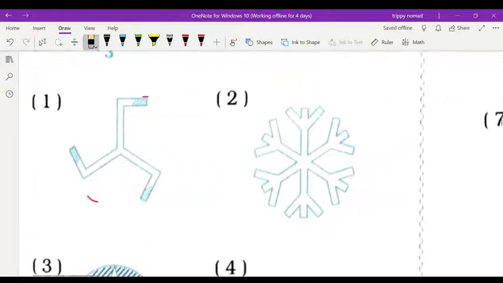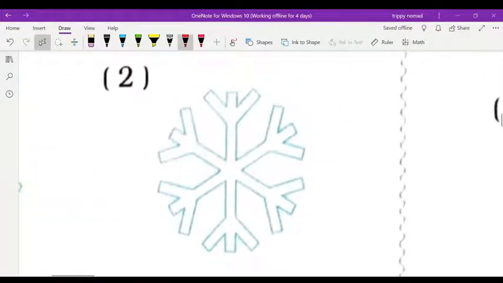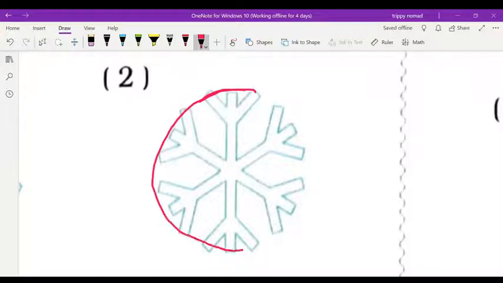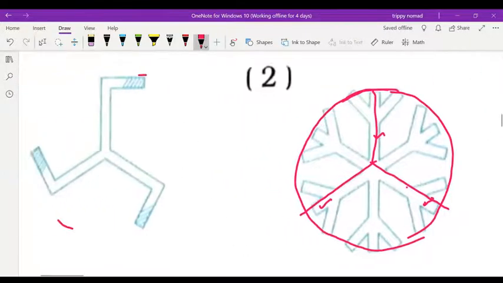But now come to the second question. Let us see the second question. Here also, first you have to decide which type of figure you will get. How you have to decide, that I taught you. You have to move the angle by 120 degree. This is 120, this is also 120. Now same type of figure, because if this side moves to that side, this will come here, so you will get the same figure here also children. So there will be no change in the figure.